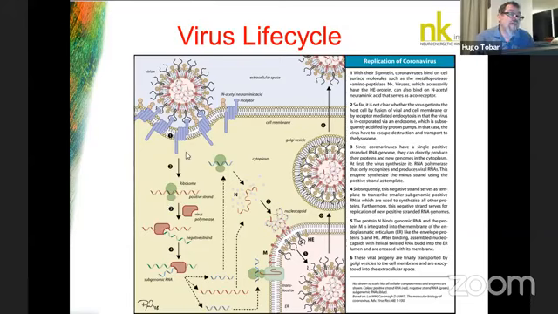Because with a DNA virus, you actually have to make an RNA copy, then a DNA copy, and then, like a retrovirus such as HIV, for example, it gets inserted in your DNA in your nucleus, and then you can express the protein. So it's much more complex. There are far more enzymatic steps in a DNA virus.